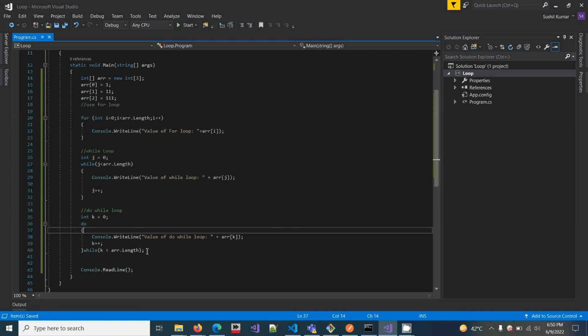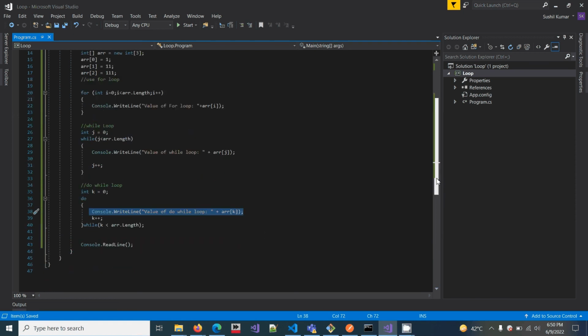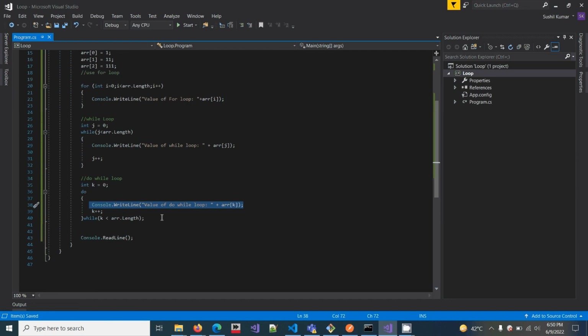So, repeating again: in a while loop, first the condition is checked, and if the condition is false, then the body will not execute. This part does not execute. In do while, your body executes first, meaning the body executes one time, whether your condition is false or true. There is no concern about the condition the first time.